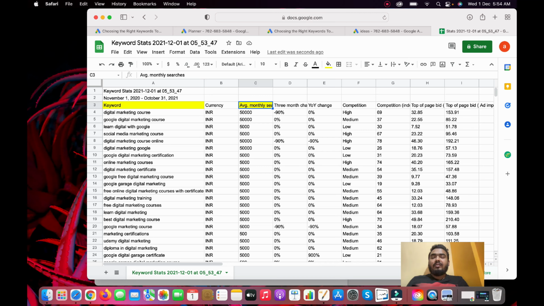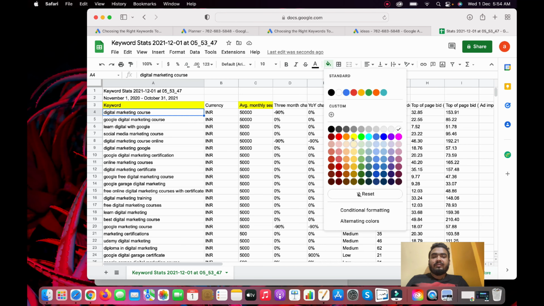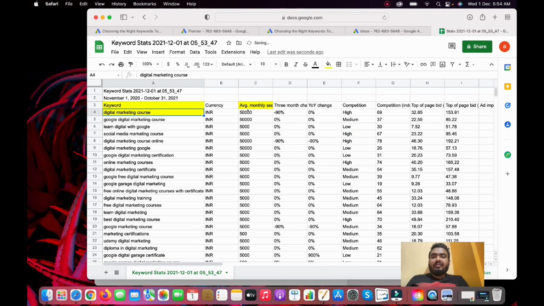Now we will try to find the words that match my business, or my client's business, or the company I am working for, the services they are providing. Suppose my company is providing a digital marketing course, so I can select this keyword and then see the average monthly searches is 50,000, that is well and good.